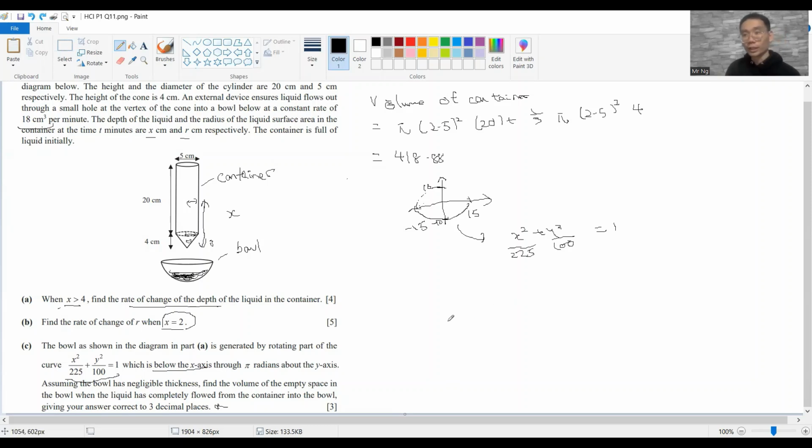Okay, so how to find the area of this bowl, right? It is integrate pi. Then what's the radius? The radius is x square. Then after that, dy. So it's better to express x square. Expressing x square, it will be x square equals to